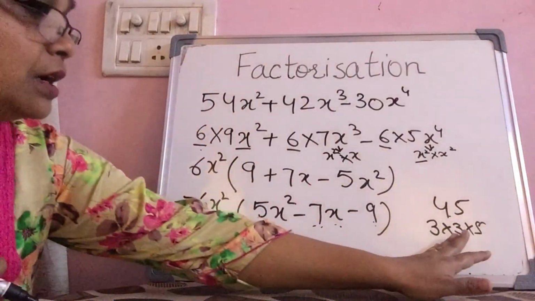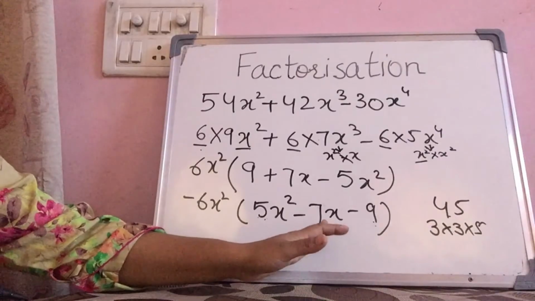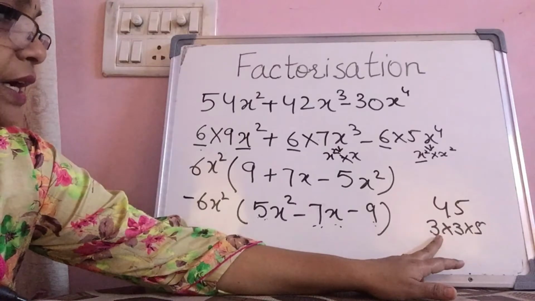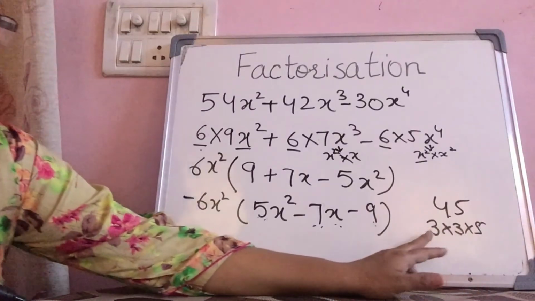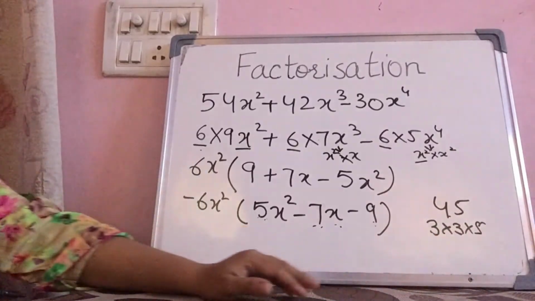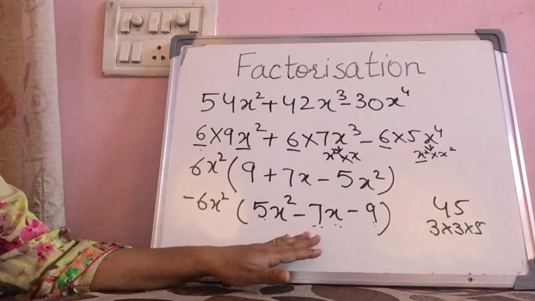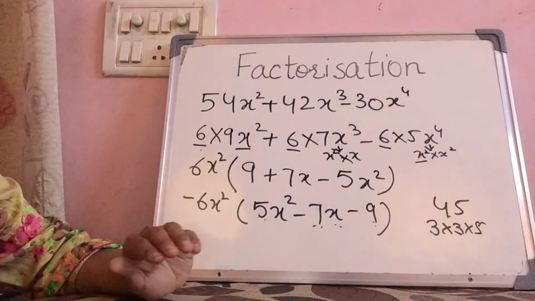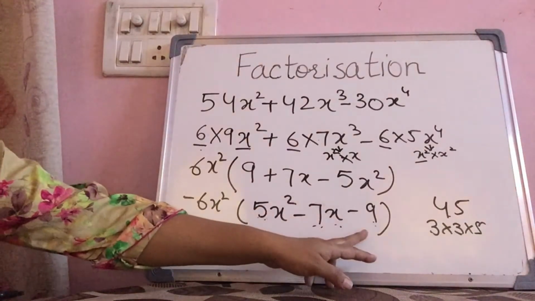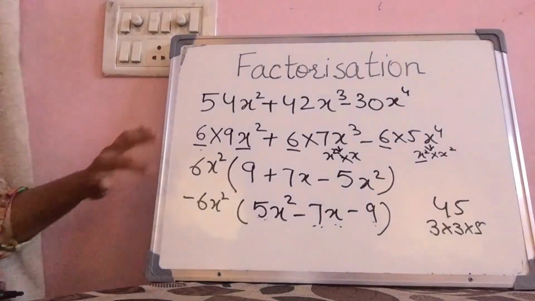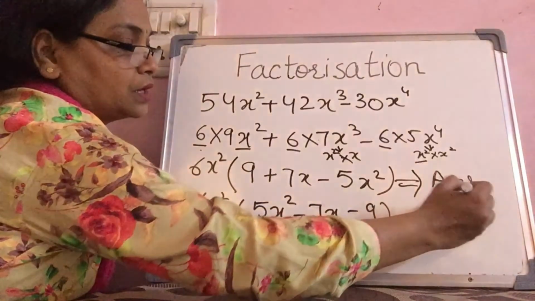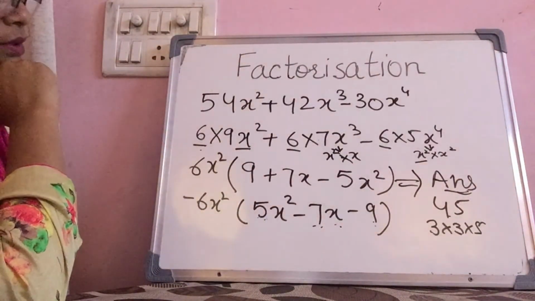Right? We'll try to make groups so that we can make it 7. 15 minus 3, we cannot get 7. This is 9 minus 5, no. 9 plus 5, no. In all the ways, we cannot get 7 as a center term, either by adding or by subtracting factors of these two terms. So it cannot be done further. So this will be the answer of this question, because this cannot be factorized further.